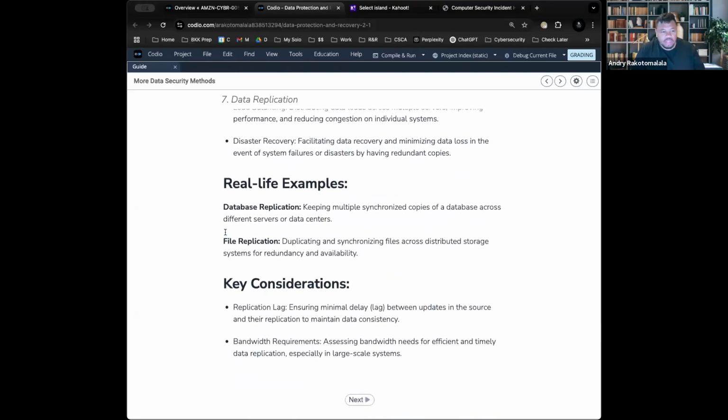Okay, awesome. Now, database replication and file replication, to put it quite simply: database replication is where you're taking a complete and total database and you replicate it into another location. You want to synchronize it accordingly. Whereas file replication is just duplicating and copying a bunch of files. That's all it is. So think of database replication as an entire server or entire database, and file replication as individual files.